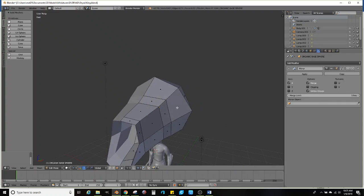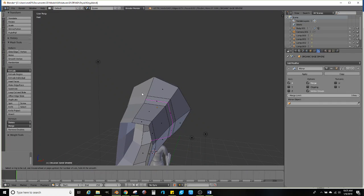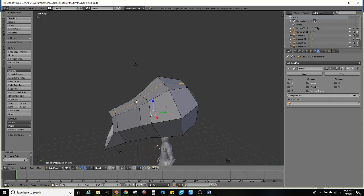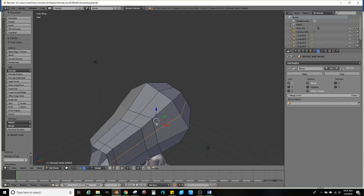So let's go ahead and make this guy's eyes now. So geometry, and some geometry right there. Then go ahead and